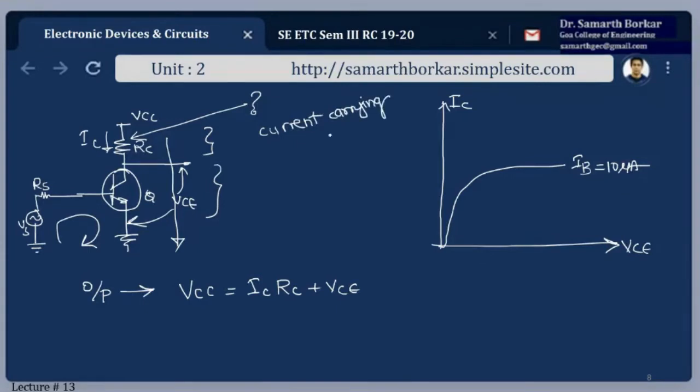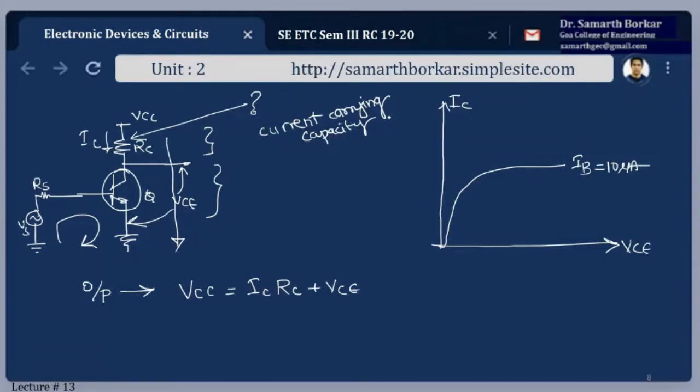Current carrying capacity or capability. Meaning, all these domestic wires are rated to carry a certain amount of current. If you buy cheap quality wires, you know what happens. Over a period of time, they get heated up and catch fire. The insulation gets damaged. Similarly, these transistors can carry a certain amount of current safely. If you just bombard one with a very high current, it will get heated up and destroyed.